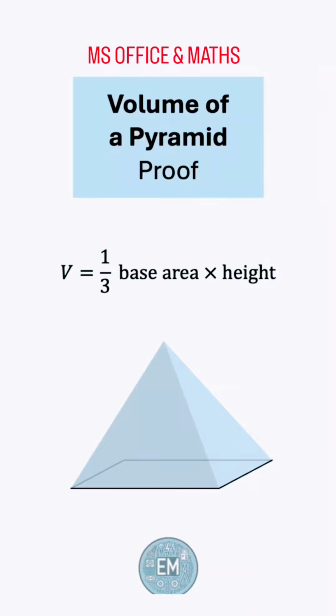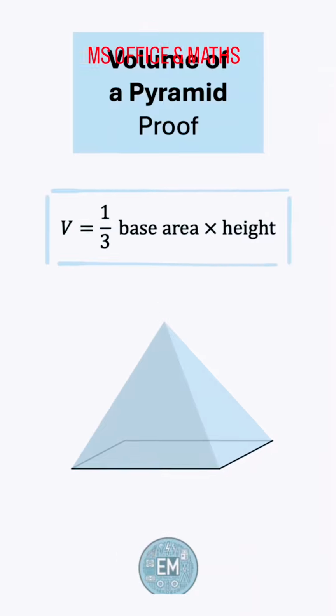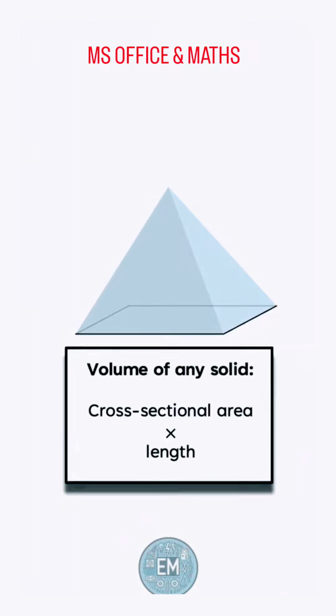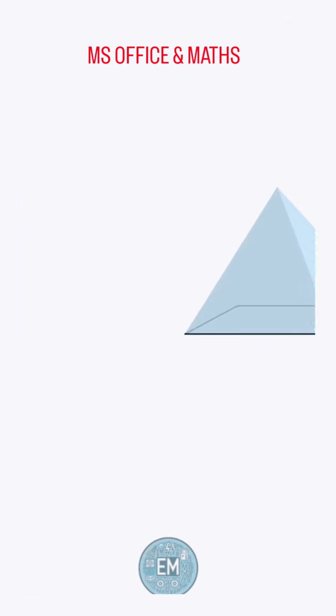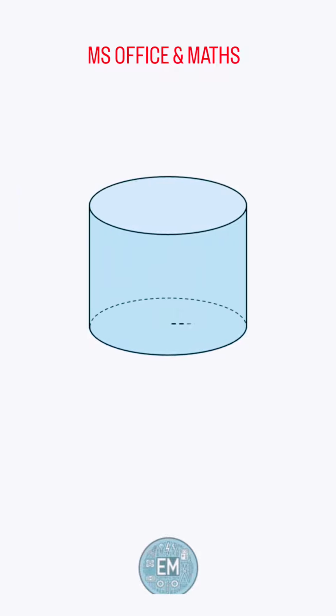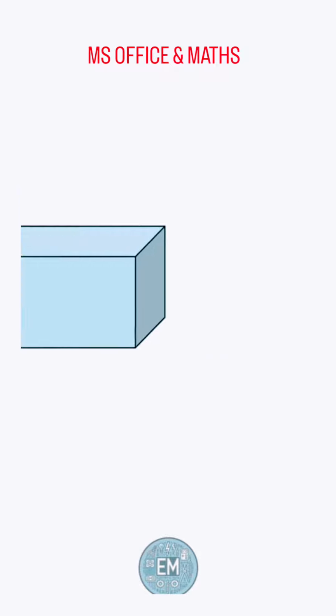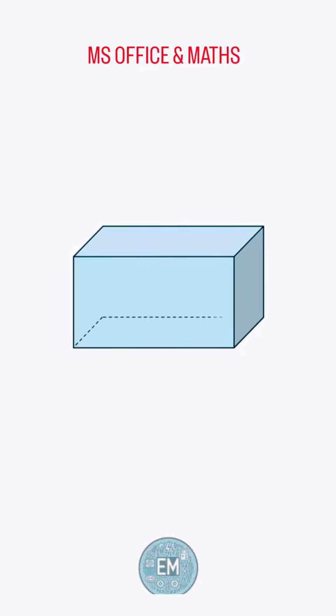Why is the volume of any pyramid 1/3 its base area times height? Let's prove this. In general, the volume of a solid is its cross-sectional area times length. So, for example, if we have a cylinder, the cross-section is a circle, so the volume is pi r squared h. If we have a rectangular box, the cross-section is a rectangle, so the volume is length times width times